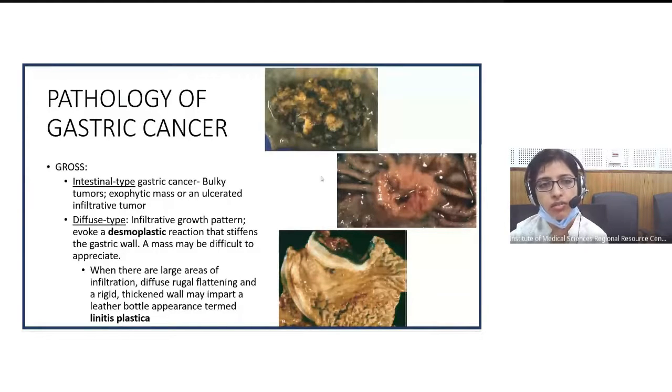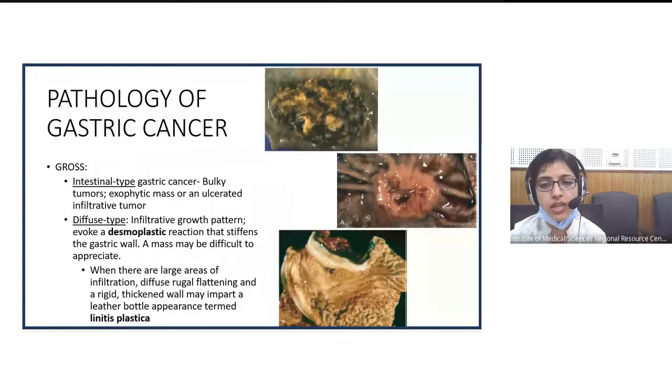It is actually variable. Even the intestinal type of gastric cancers can present as ulcers. Not necessarily. The diffuse type will present as a diffuse infiltration of the wall. So intestinal type of gastric cancers can either form an exophytic mass, or they can form an ulcer-infiltrative growth, while the diffuse type of gastric cancers usually do not produce an obvious growth.